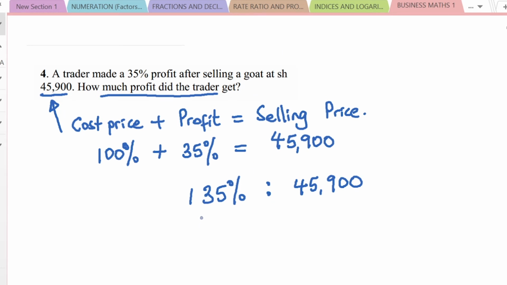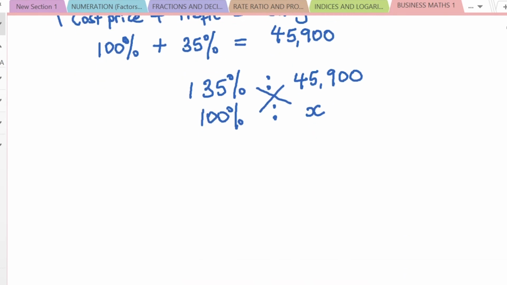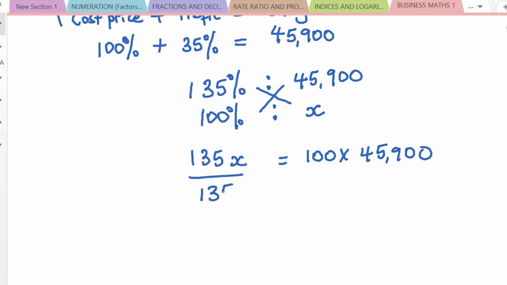What about the 100%? That's the cost price. How much is it going to be equivalent to? We cross multiply. When you cross multiply that, we are going to end up with 135% is going to give us 100, multiply that by 45,900. When we divide both sides by 135,